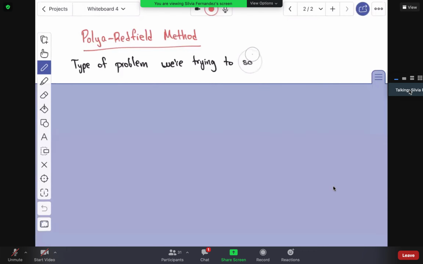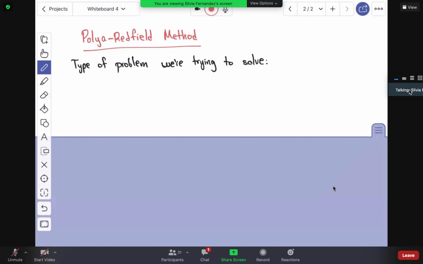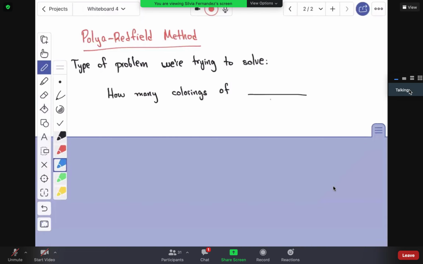So I'll give you the most general problem that we're trying to solve, and then I'm going to give you different variations of that problem. So the problem is like this. How many colorings, and here you're going to have some object. I'll fill in the blank with different possibilities so that you see different problems. How many colorings of a certain object are there